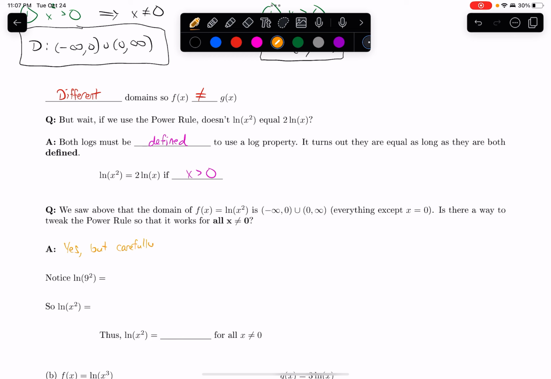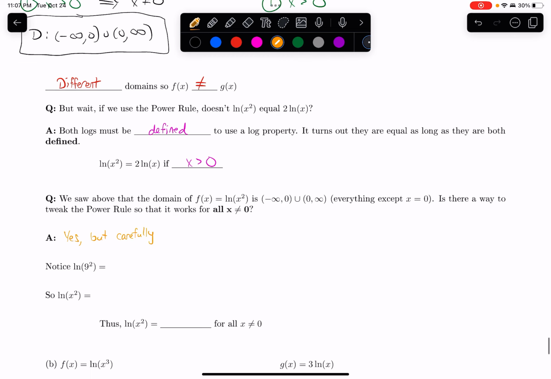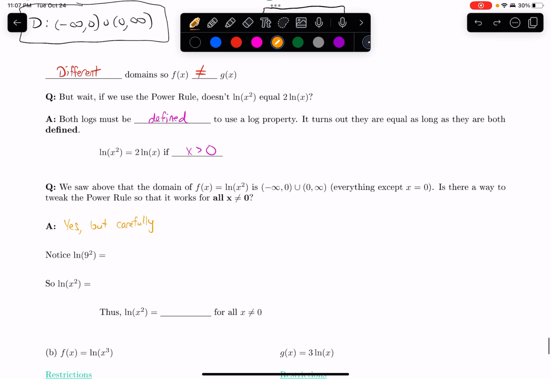So how do we do that? I'd love to be able to do it without having to restrict myself to only being able to plug in positive numbers. So here's what I want to notice. Let's say I had ln of 9 squared. I know that if I do the power rule on this, the 2 will come in front and I'll get 2 times ln of 9. But is there another way I can think about that that'll help me with my problem? So if I do move the 2 to the front,